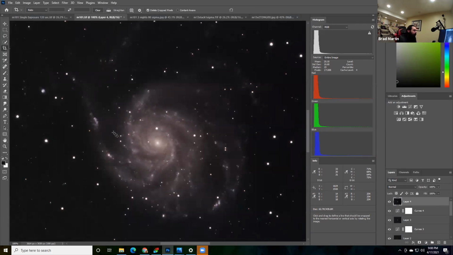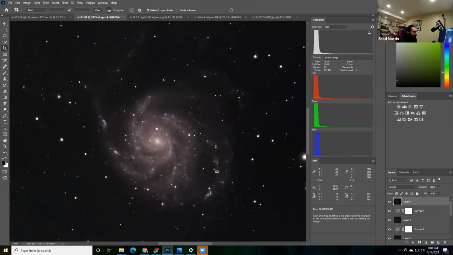So one of the cool things about M101 is these little blobs in here, they have their own NGC numbers. Those are nebulae inside of another galaxy that have their own designations as objects in the sky. If you look at this object through a telescope, depending on your aperture, these can look kind of like separate things going on. And I just think that that's really neat and interesting.